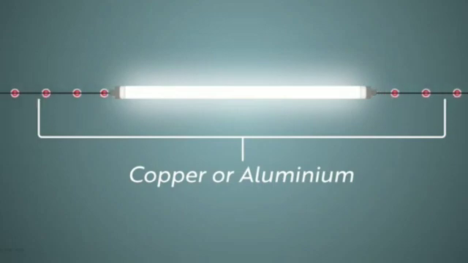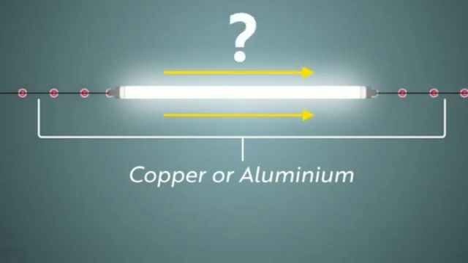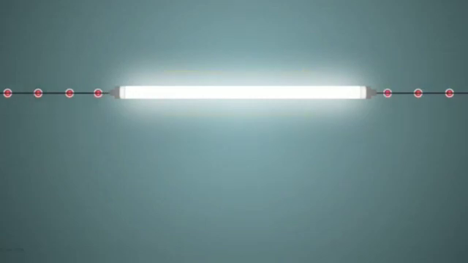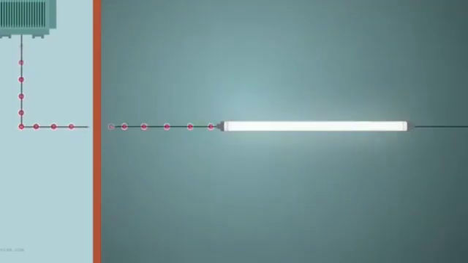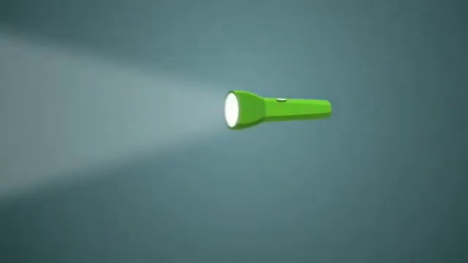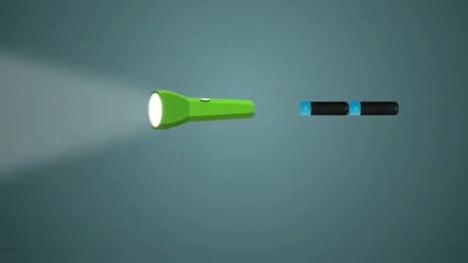Why are the charges in a wire moving in one direction? What makes the flow of charges in the wire? It is because of the energy supplied by the transformers, and with the energy given by the transformers, these electrons move in the wire, which makes the appliance work. Torches also work the same way, but here cells supply the energy, not the transformer.